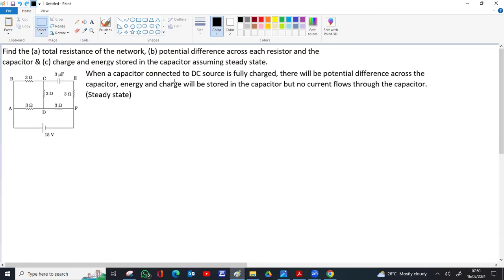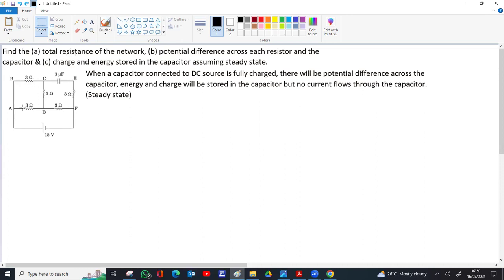Now, when we apply this concept, no current flows through the capacitor once fully charged in a DC circuit. It can only fully charge and remain like that. In an AC circuit, the plus and minus will change, and the capacitor will charge and discharge. That's a different case that will be in chapter 6 or 7, AC, alternating current. But here this is DC. DC can maintain the potential difference constant, and once fully charged, no current flows through this. So you can remove, or imagine the CEF branch to be removed, when you find the total resistance and